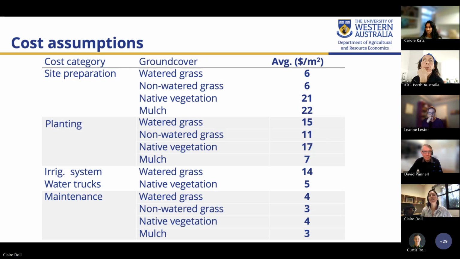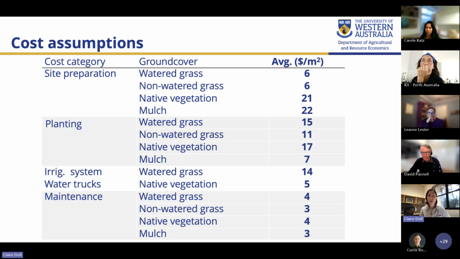And this was really experts' best, I don't want to say best guess, but best experience-based estimate in providing a cost on a dollar per square meter basis. And the reason is that this isn't always how costs and contracting actually is accounted for in real life. You might get one big project and it isn't necessarily considering the cost on a square meter for the different ground cover types.